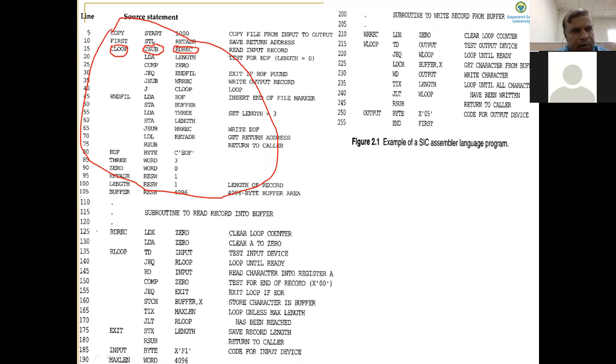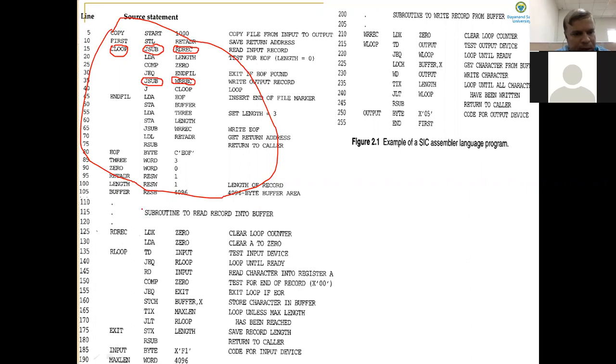And we are calling another subroutine called WRREC, again using the JSUB instruction. So this is the main routine that calls two other subroutines, RDREC and WRREC.